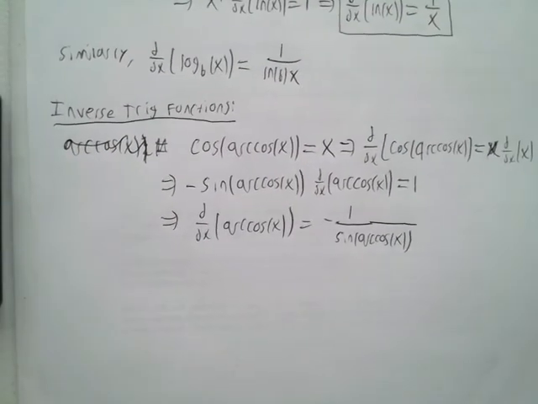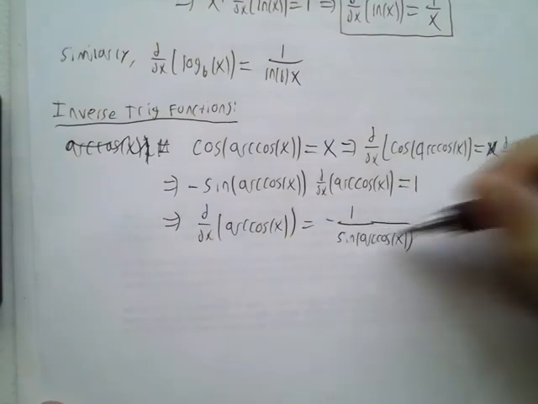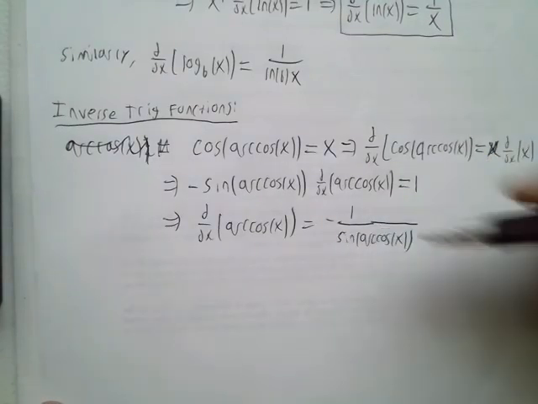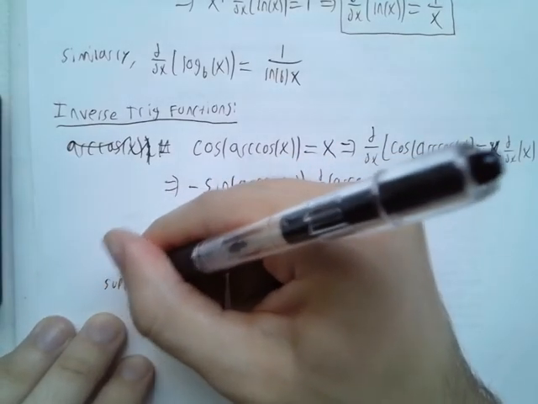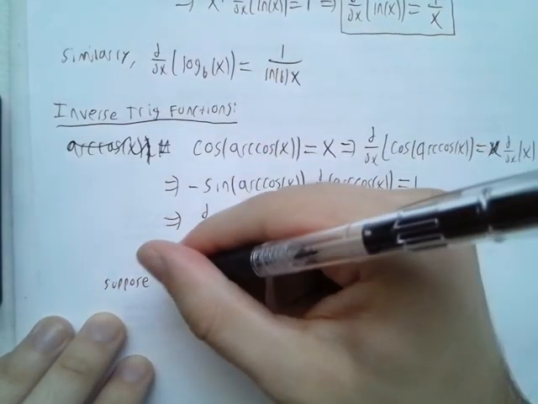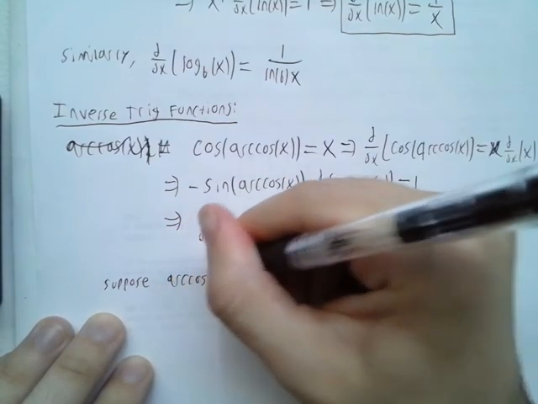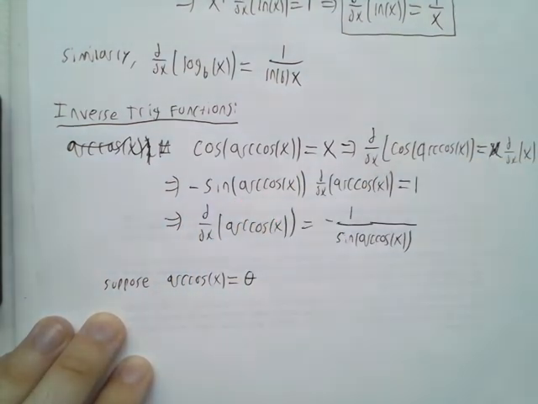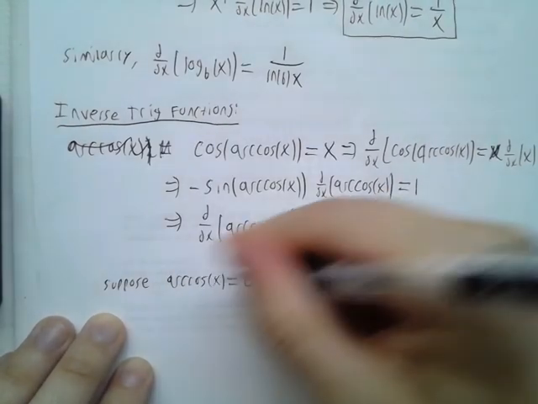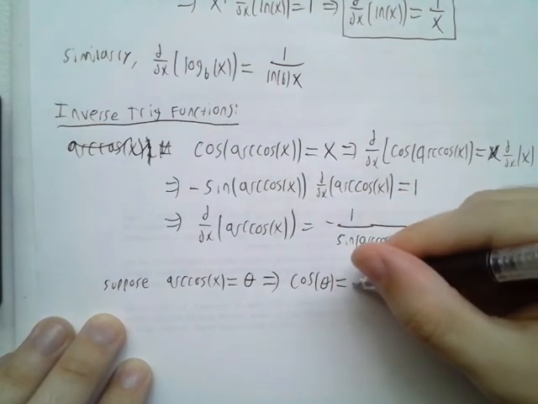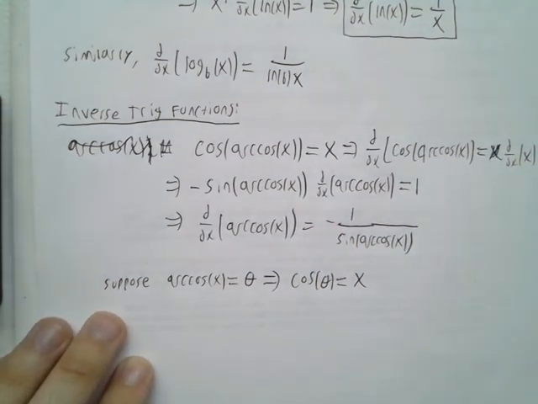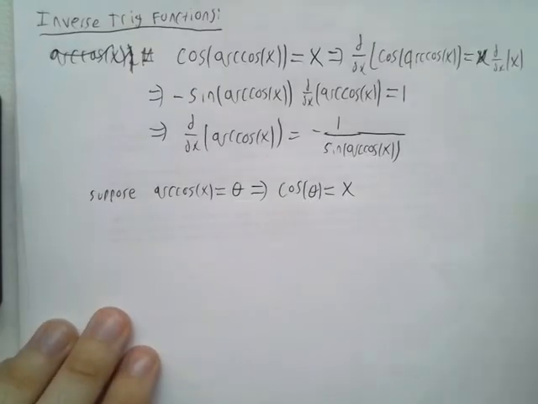Okay, so we have sine of arc cosine. We saw in a previous lecture that sometimes that sort of thing can be simplified. So suppose that arc cosine of x is equal to some angle theta. We don't know what theta is, but we do know that if we take the cosine of both sides, it must be that cosine theta is equal to x. So if we draw ourselves a triangle,